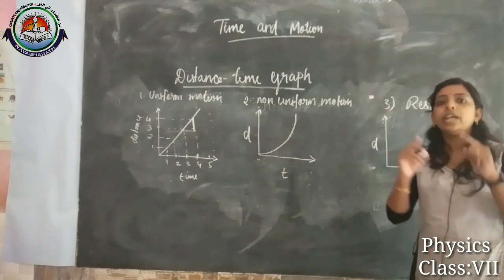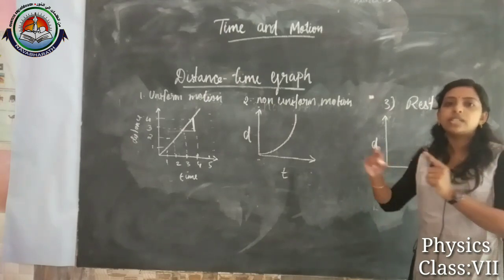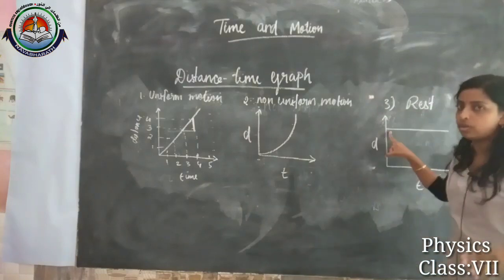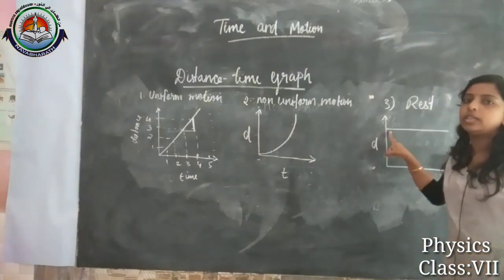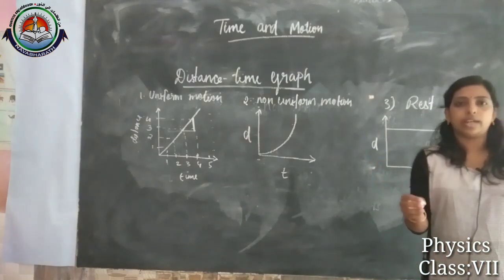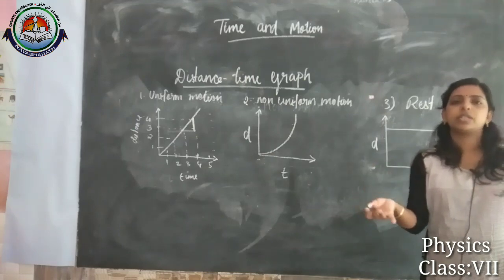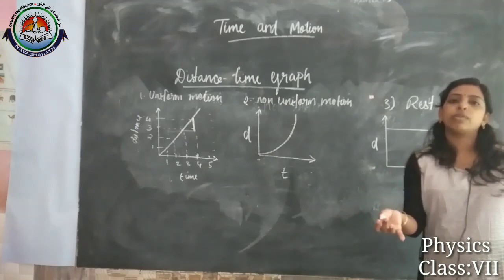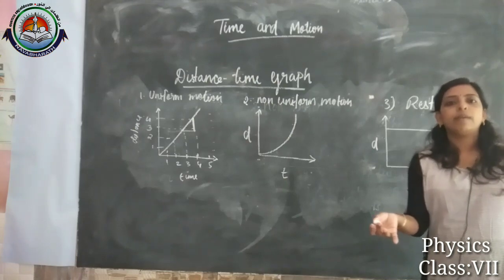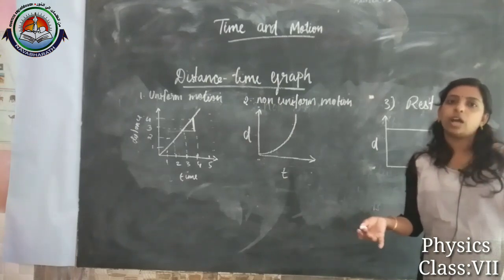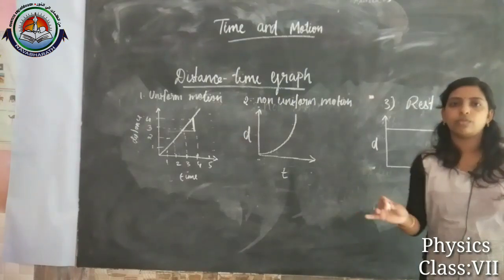Anyhow, that car travels a certain distance, is it right? Rest. If we went to Calicut and come back to our home with a car or any kind of vehicle,